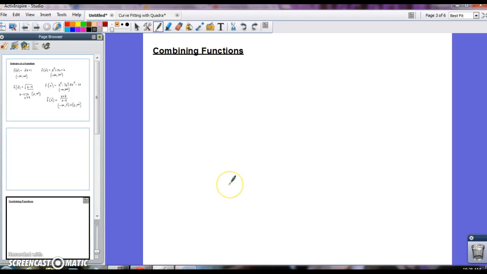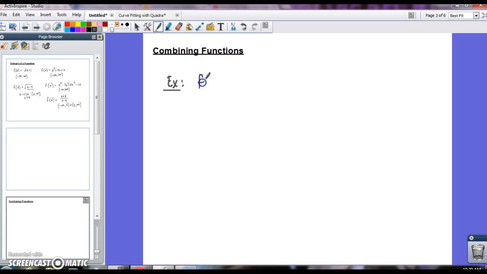Let's talk about combining functions. We can perform any type of operation we want on functions. I can add, subtract, multiply, divide. I can do whatever I want on any type of function I want. So for example,